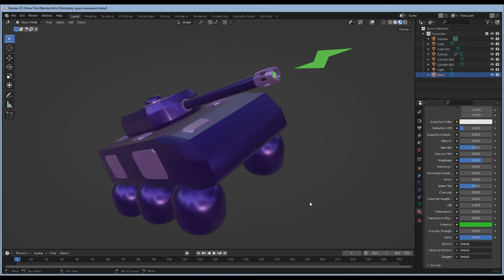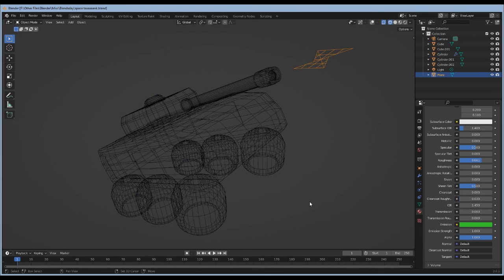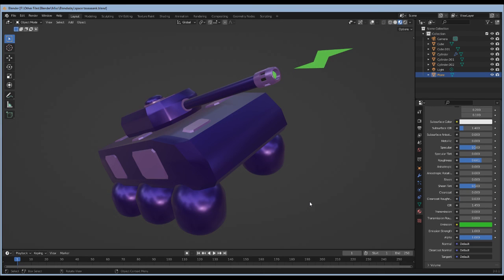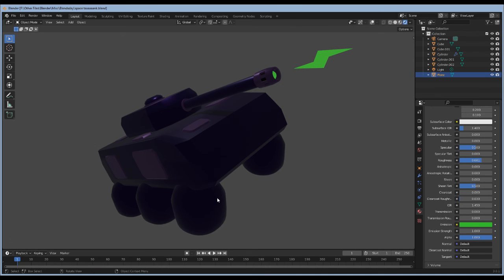Shift Z is the one that toggles wireframe for me. So that's weird. Z brings up this weird little radial menu. I mean, I could go back to this. So,